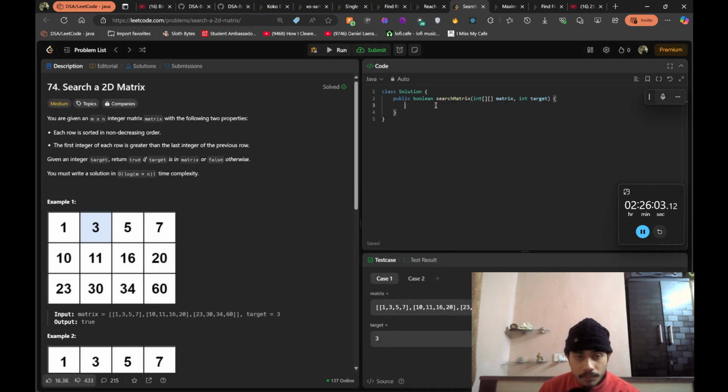So that's why. So the question says you are given an m cross n integer matrix. So rows and columns are not equal. With the following properties, each row is sorted in non-decreasing order,